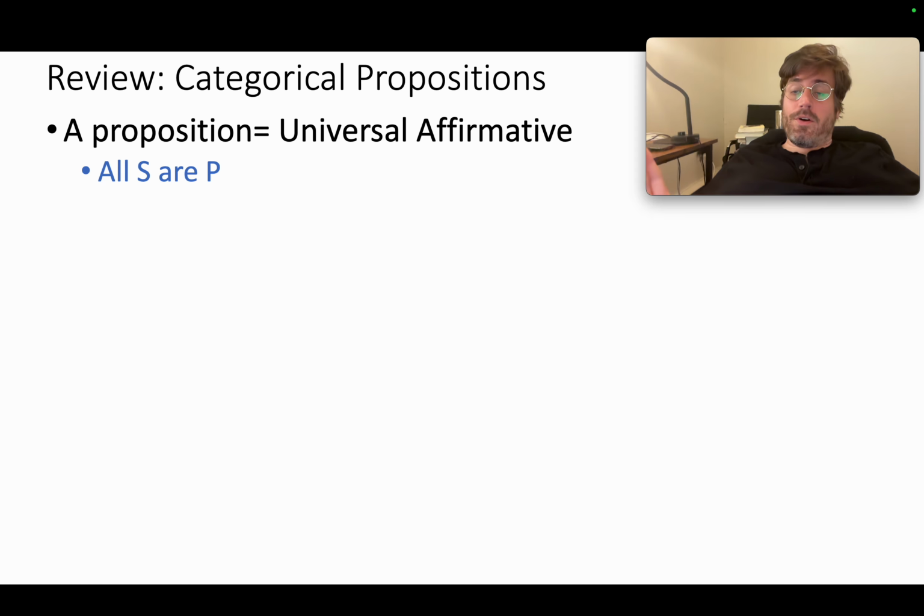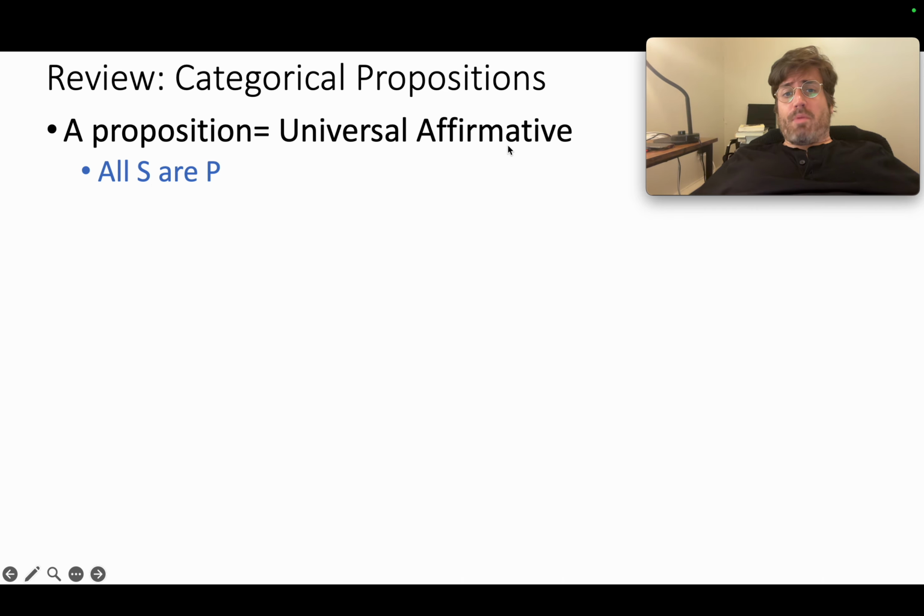Remember that categorical logic is dealing with classes of things, and the structure of the sentence separates subject terms from predicate terms with the copula, the verb to be, in this case, are. This is universal because the subject group is referring to every member of the class, all S are P,